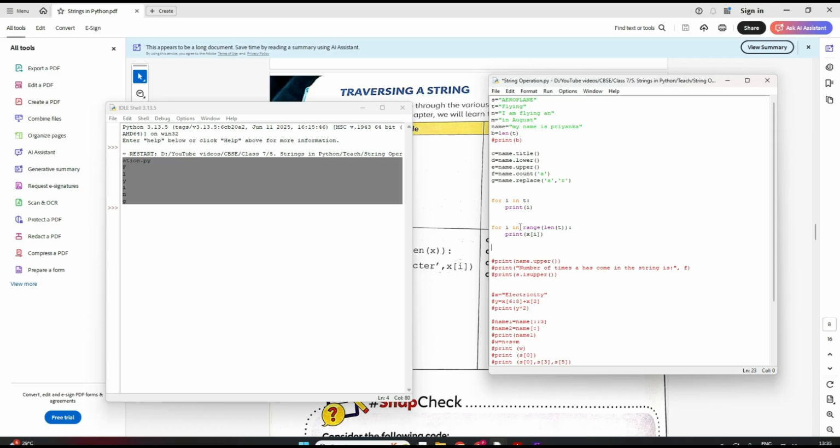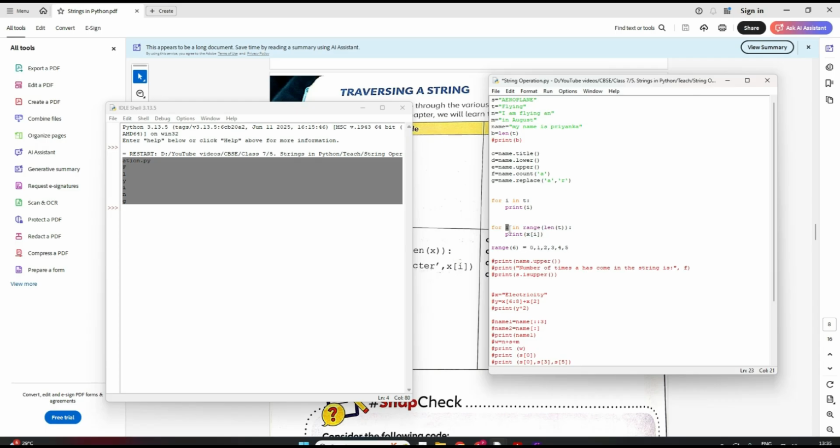Students, if you don't remember the range function, please go back and check. So if I write range(6), this means it will generate 0, 1, 2, 3, 4, 5. Means this for loop will go in a loop starting from 0 till 5. Okay.